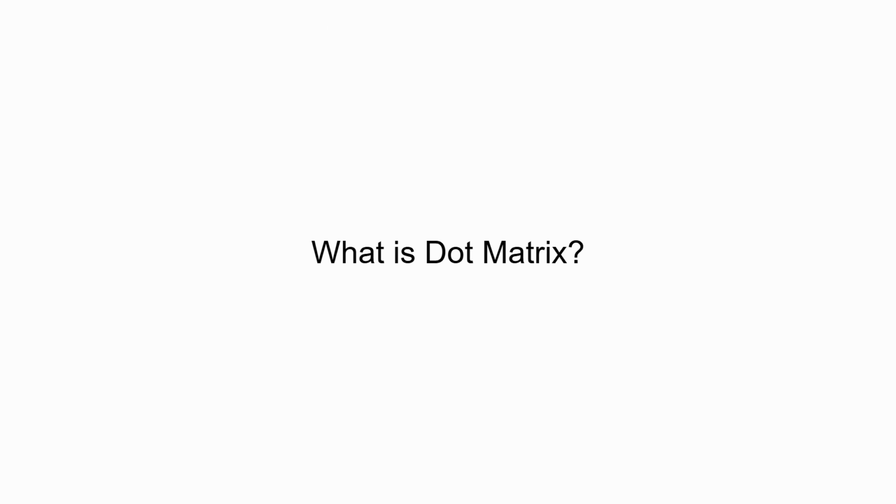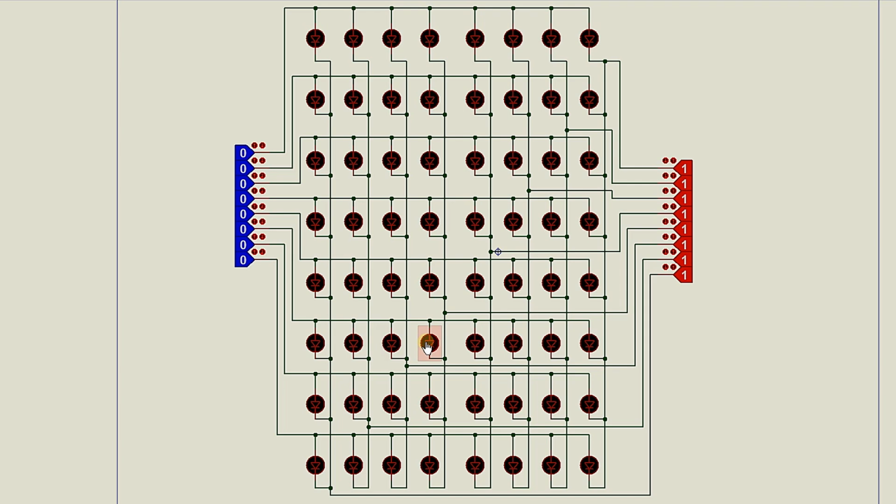What is dot matrix arrangement of LEDs? Let's understand that. LEDs arranged in this particular fashion is what we call a dot matrix arrangement. Here you can see I have built an 8x8 dot matrix display with 64 LEDs, but this time 8 LEDs